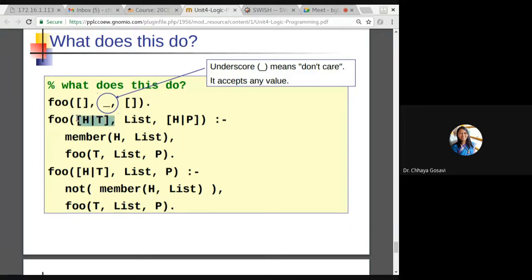The first list is divided into head and tail. The second parameter must be a list. And then what it will return is the head as it is, but some P. And we have to find out what that P is. So for that, it will check whether H is a member of the second list. If it is true, it will call this again for tail and list. Then what is P? Again, there is another rule.